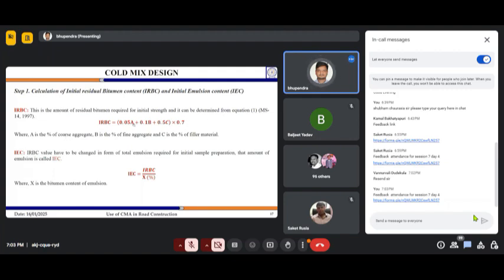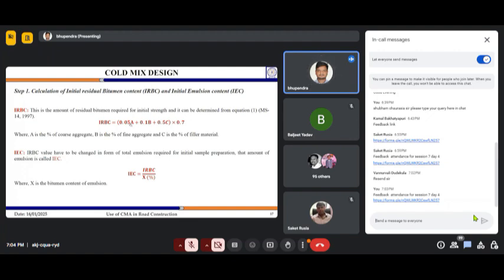What is A? A is the percentage of the coarse aggregate in your mixture. B is the percentage of the fine aggregate, and C is the percentage of the filler material. As you see, as the size of the aggregates goes down, the weightage factor increases. It means you will require more bitumen to coat the smaller aggregate because it has a higher surface area.